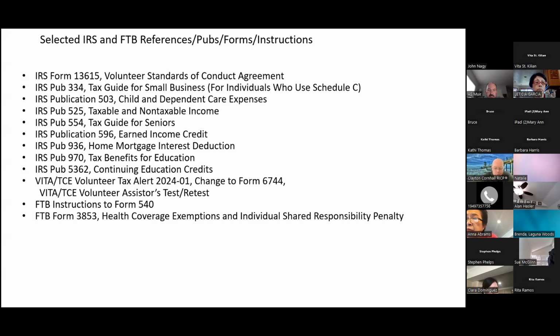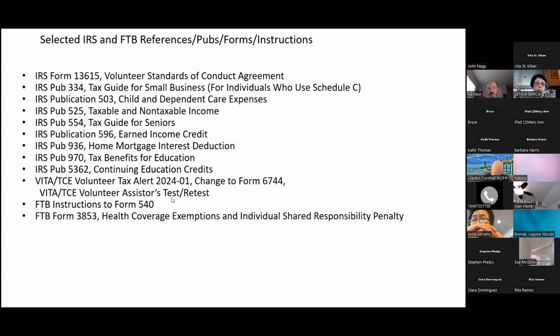And then this volunteer tax alert, we're going to jump into this real quick. I think this is the first one that comes out. And typically during the season, you'll see maybe a couple, three or four. When they do come out, your site coordinator will be aware of them. And then that information will be shared with the preparers or anybody at the site. I think at my site, usually we don't print it out, but we'll have a briefing. We'll talk about it. And that way everybody's aware of it. And it's not a state secret. You can go ahead and email it freely to your volunteers. And we'll talk about that right after I finish this slide.